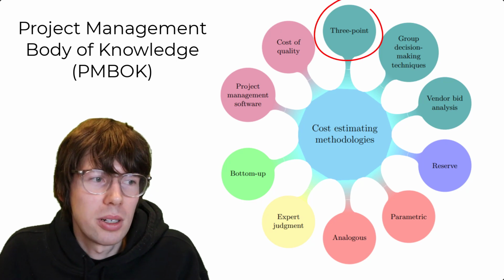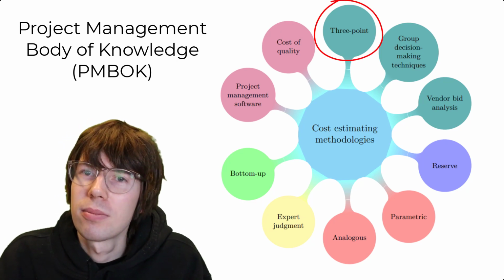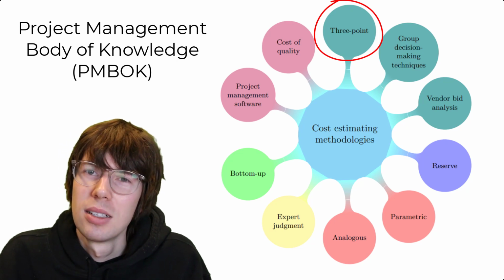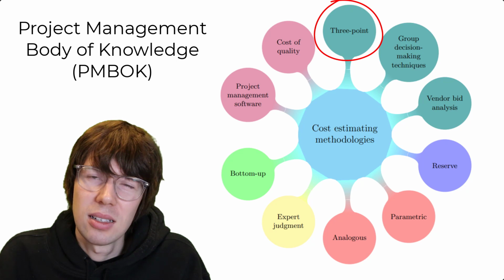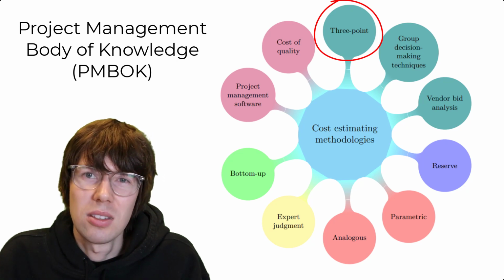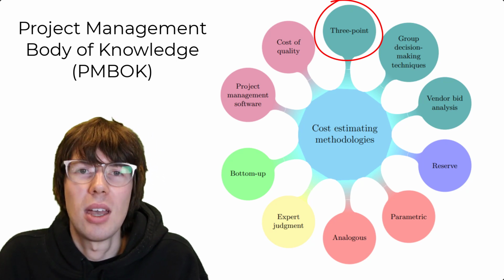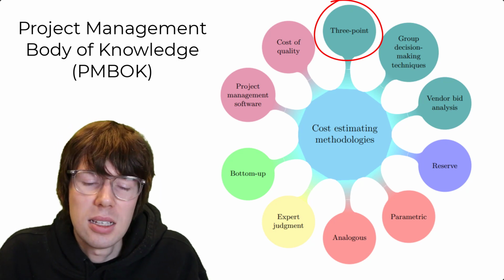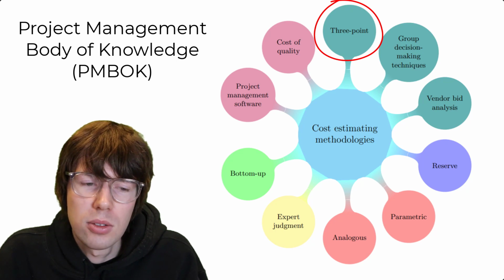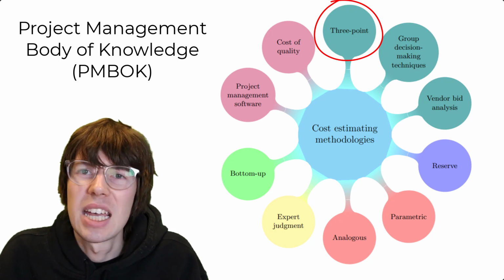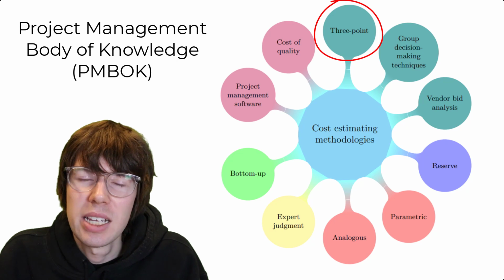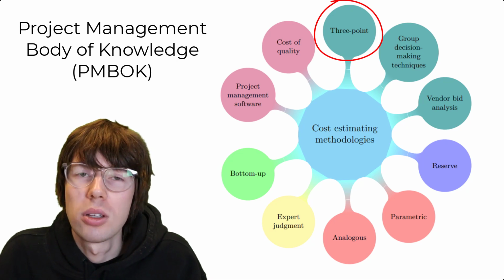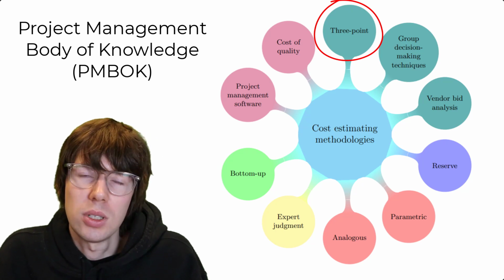Now, what are the other methods? We also have something called 3-point estimation. 3-point estimation is actually not an independent method either, because it will not give you any point estimate if you only use it. It is more of a way to augment expert judgment. Expert judgment has an issue in that you can fall victim to what's called cognitive bias, more on that later, when you rely on your intuition.